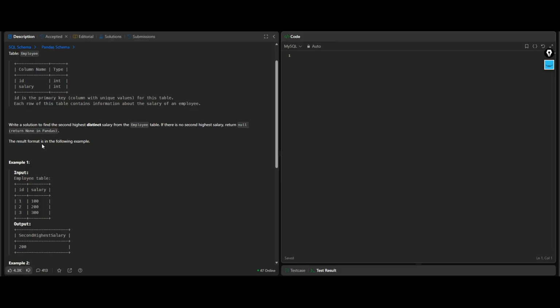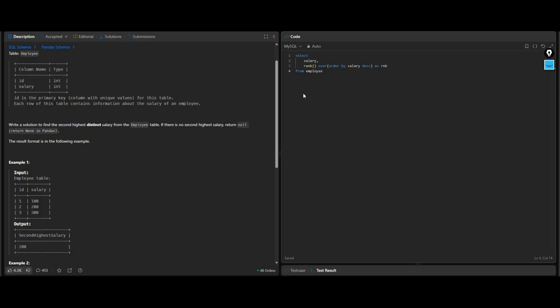Now we'll write select salary, comma, rank over order by salary descending, as we have to find the second highest salary, as rank from employee.